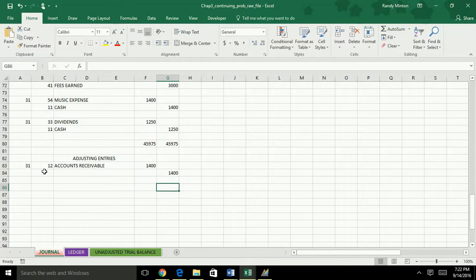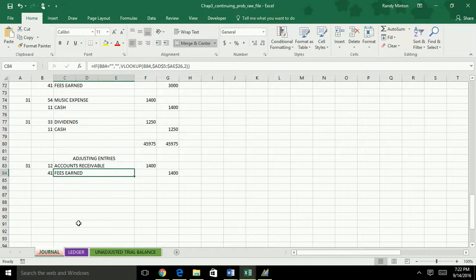Now, these represent hours in money that has been earned. So these are fees that we're charging at this point that have been earned and therefore we're entitled to them in terms of our revenue stream. Our revenue stream is fees earned. So I think that was 41, and that's going to be the credit that we use in